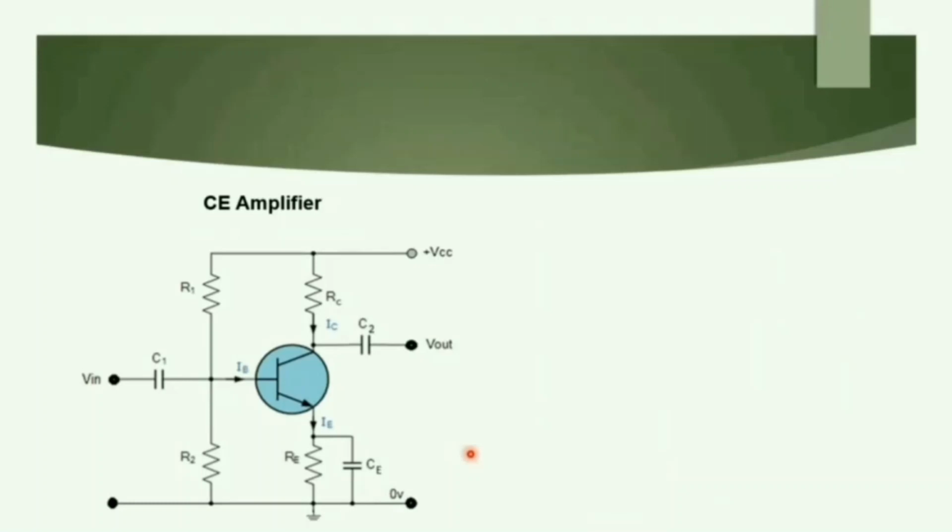As we know, BJT is a semiconducting device. We also know that semiconductor is having a negative temperature coefficient, which means that its resistivity changes with the change in temperature. This will cause a continuous minute variation in bias current, which in turn will affect the output signal. This undesired, or you can say unwanted, minute variation in output signal is called noise.